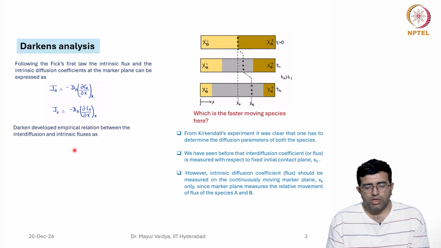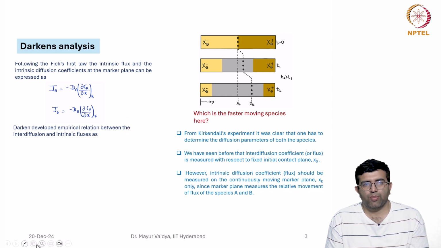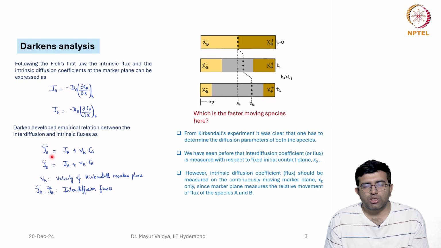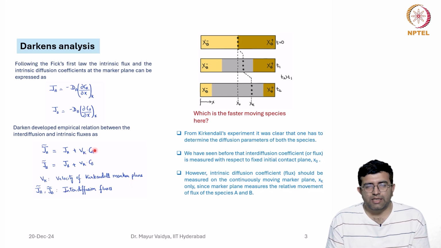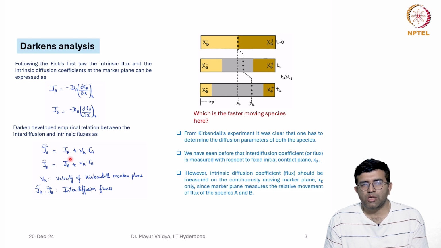Now, what Darken developed is the relation between the interdiffusion and intrinsic fluxes. So, what was written is that J_A tilde, that means the interdiffusion flux for A, is equal to J_A plus V_k into C_A. That means V_k is the velocity of the Kirkendall marker plane here, and C_A is the composition. So, you see that it is like adding a drift term to your intrinsic flux,